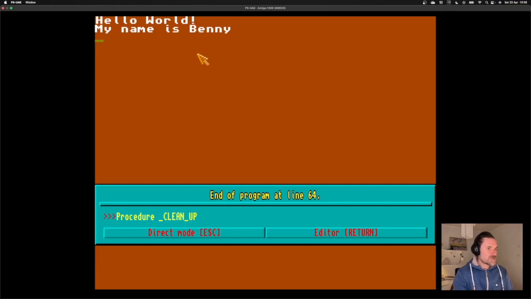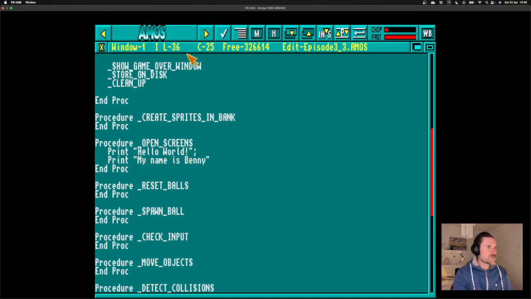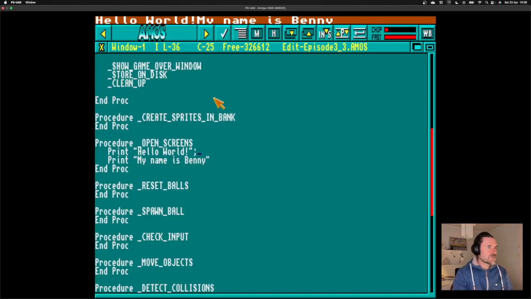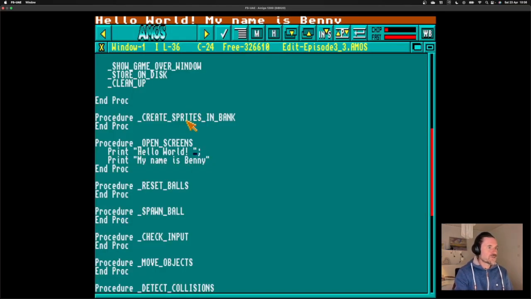Let's go back to the editor again. Then you can use a semicolon, and I think it will work even if it's not on the same line. Just like this. Let's try it. Yeah, you see, it will be on the same line. And if I want to have a space in between, I can either do it like this, and it will be like that. Or of course I can make it even like